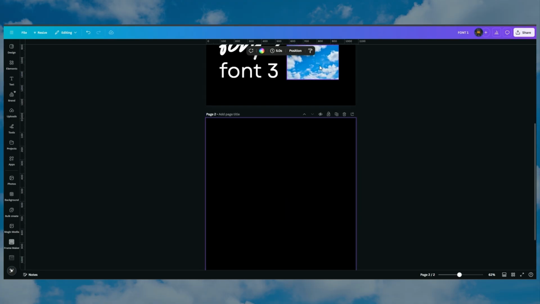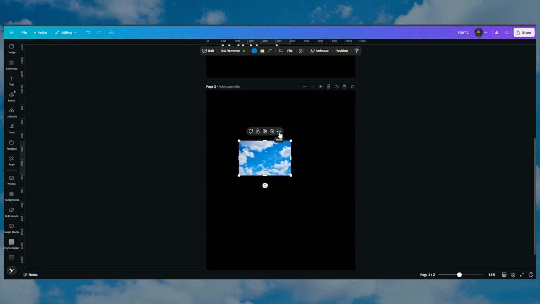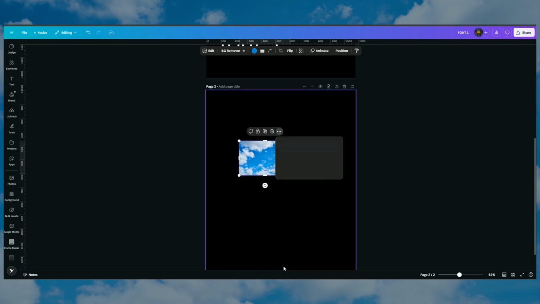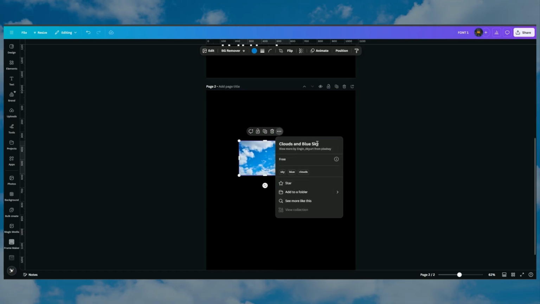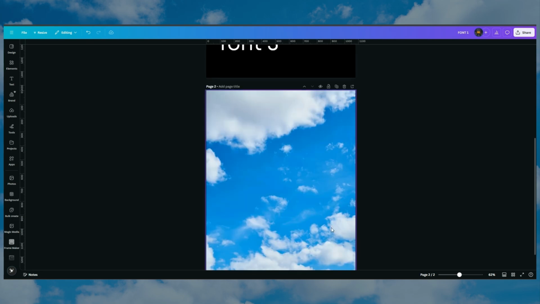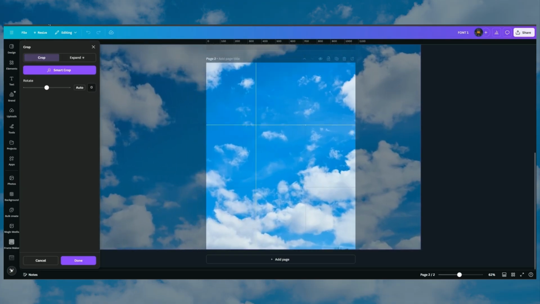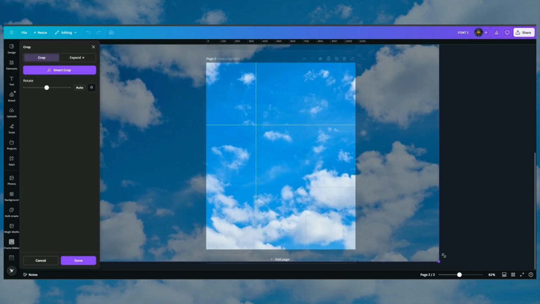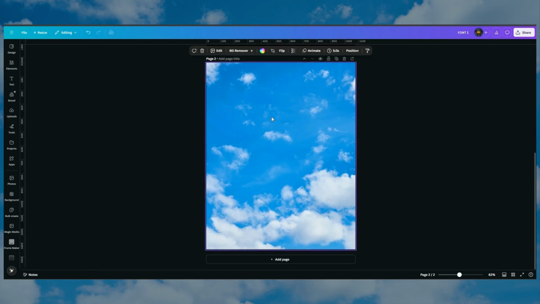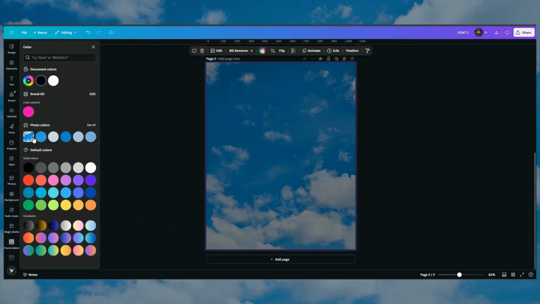All right. First thing we need is our sky. So I am going to take this, and if you want to know the exact name of it, it's just clouds and a blue sky. All right, so I'm going to right click it and do replace background. The next thing I'm going to do is go ahead and stretch this out some and then hit done. I'm also going to go ahead and lower our transparency just a little,